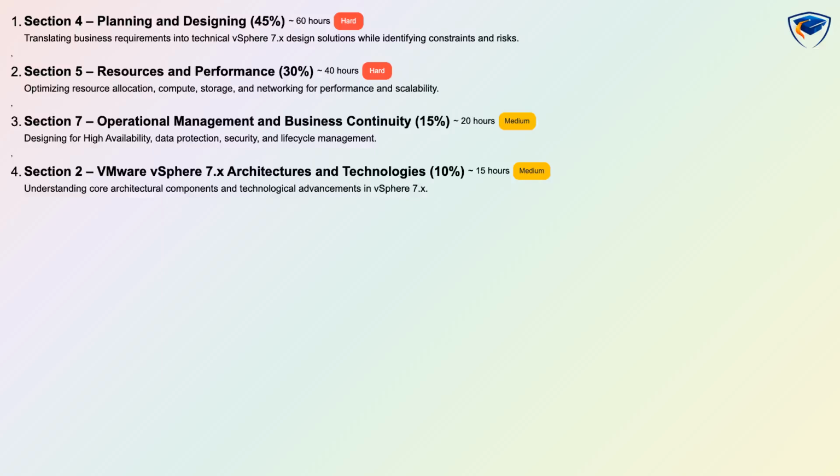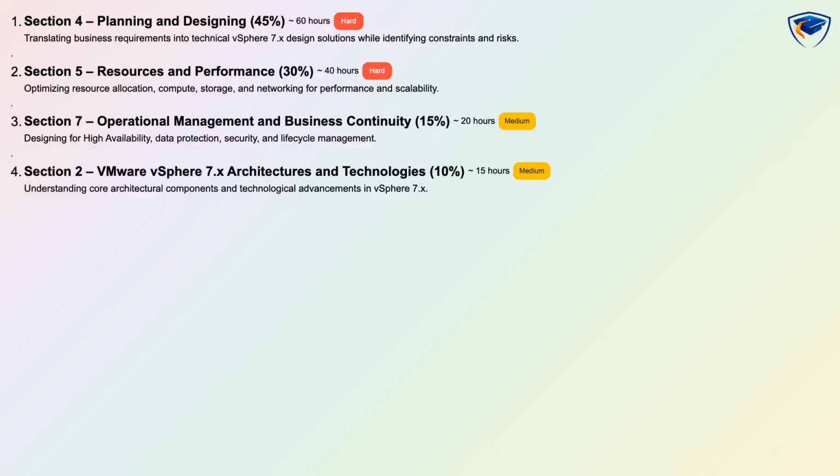Section 4 Planning and Designing is 45%. Section 5 Resources and Performance is 30%. Section 7 Operational Management and Business Continuity is 15%. And Section 2 VMware vSphere 7X Architectures and Technologies is 10%. Each domain lists difficulty, estimated learning time, and the scenario or conceptual assessment style so you can match study effort